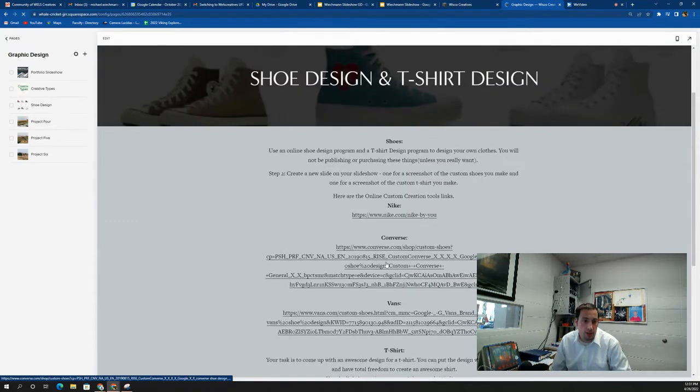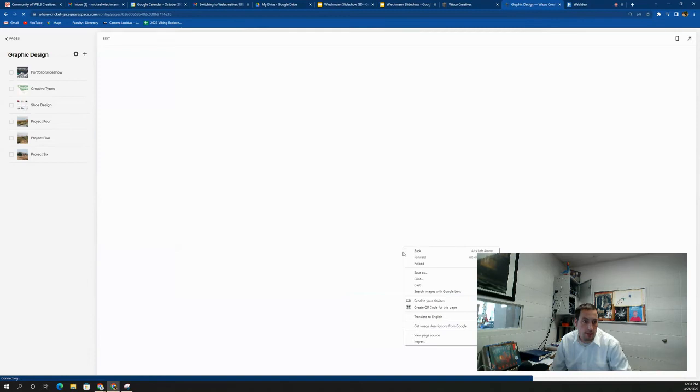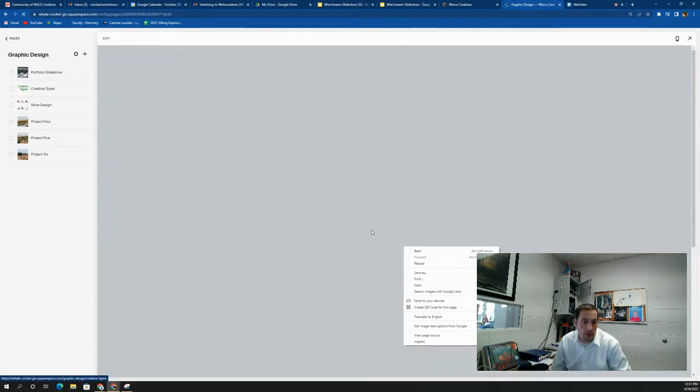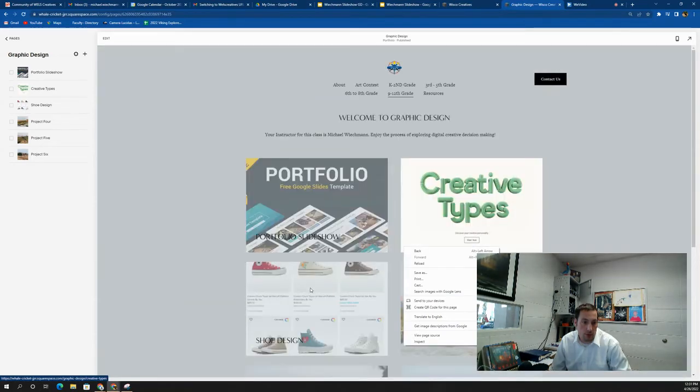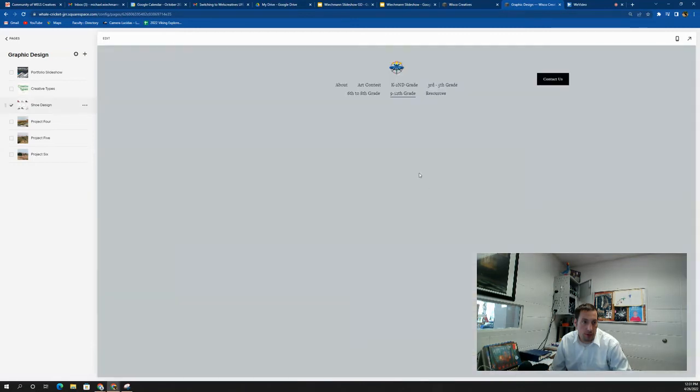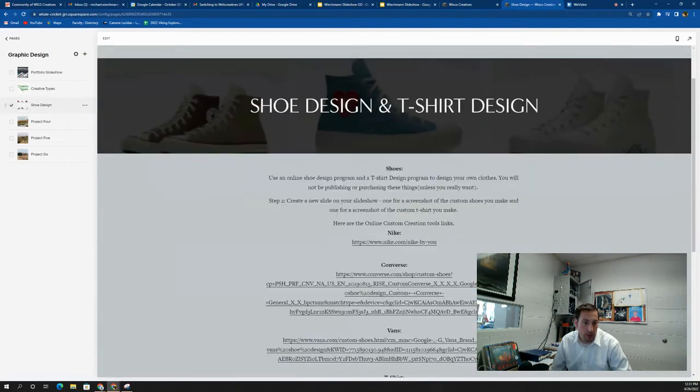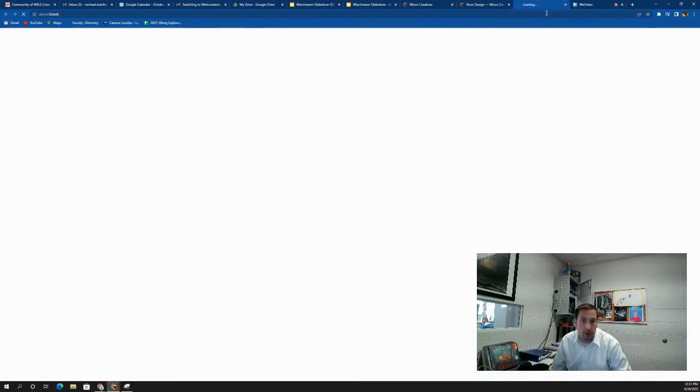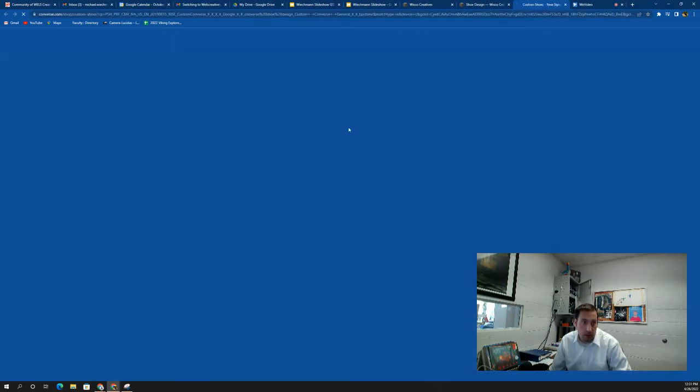So then again, here's the Converse one. I don't know why it went back. There we go. So if you're going to the Converse one, you can see it'll open up your custom